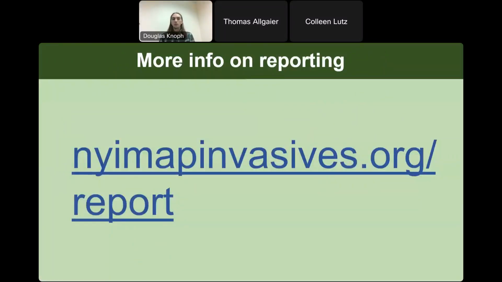If you want any more information on how to use any of these data tools, what data tools are available, or how to report to iMapInvasives, you can go to nyimapinvasives.org/report, and that will give you a whole list of options of how you can report data to the database.